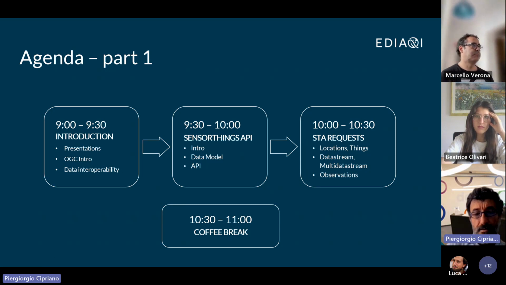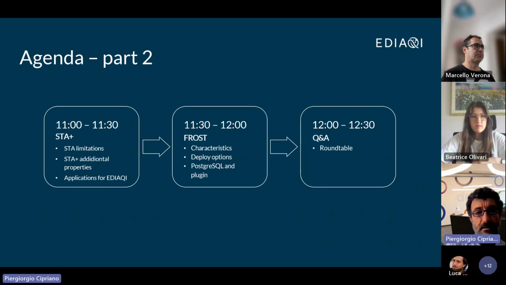At more or less 10:30, we will have a half an hour break. Then we restart at 11 o'clock with some hints regarding an interesting extension of the SensorThings API standard, in particular focused on citizen science.